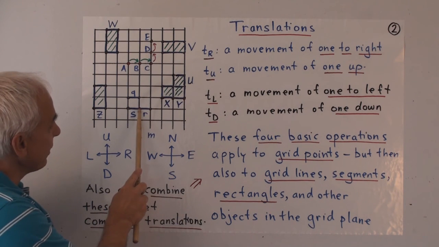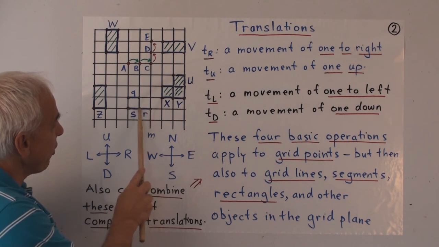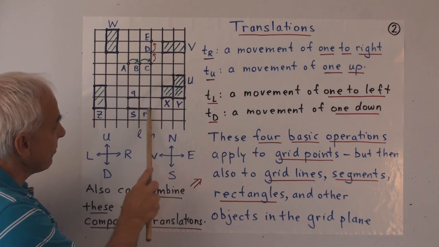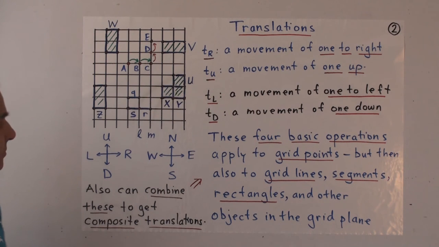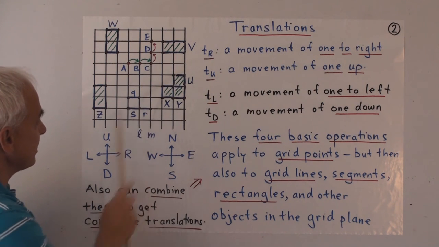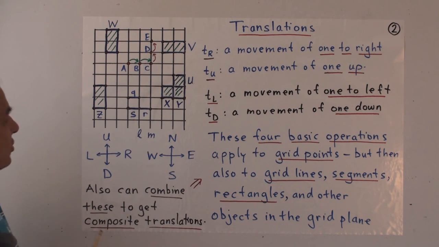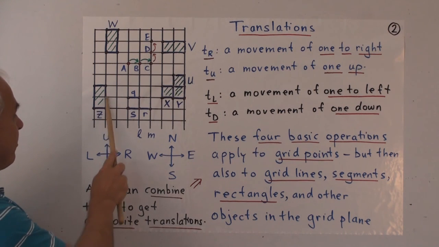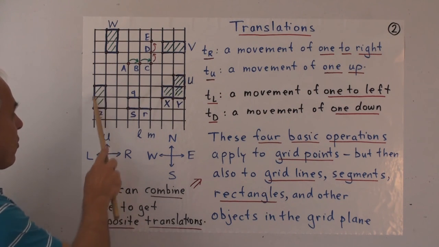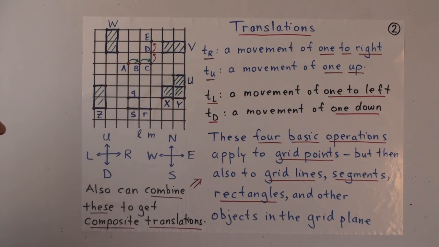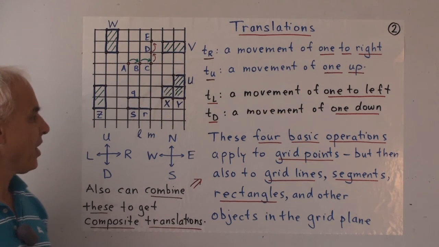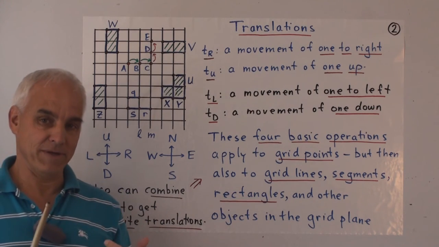And if we have 2 grid points on a line, then the part of the line in between those 2 points is called a segment. So for example, that's a segment, that's a segment. And we can also construct things like rectangles with 4 corners created by 4 lines, 2 in each of the directions. So now we want to talk about movement.